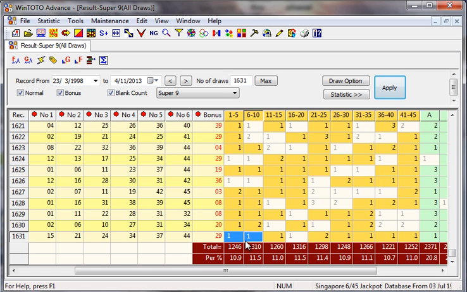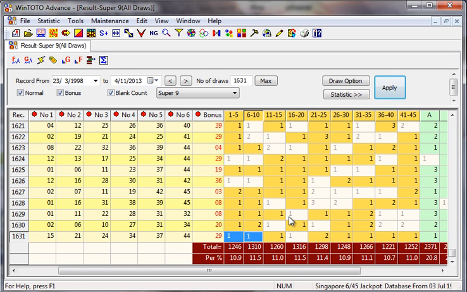This group of numbers here, like we mentioned just now with 1 to 9, we see a possibility of 2 numbers. Here it is also clearly indicated that there is a chance of 2 numbers, or it could be 3 numbers. As you can see, every time there's 1 draw no show, the following draw has 2 numbers from this group. So again, 2 draws no show, a good chance for another 3 numbers from this group. On the last drawn results on the 4th of November, there are 2 blank spaces here.